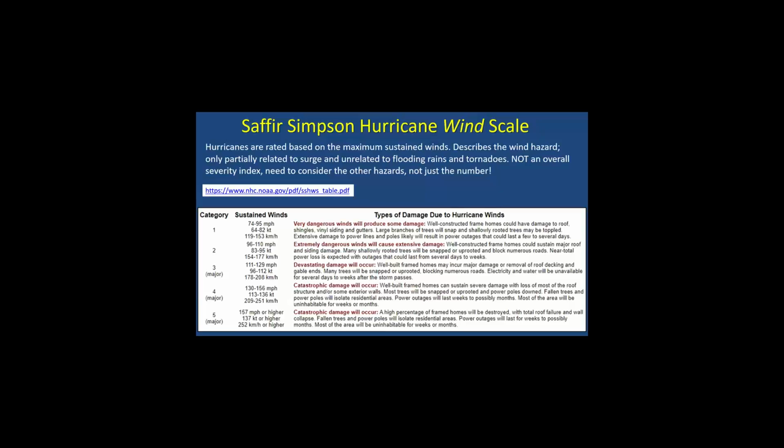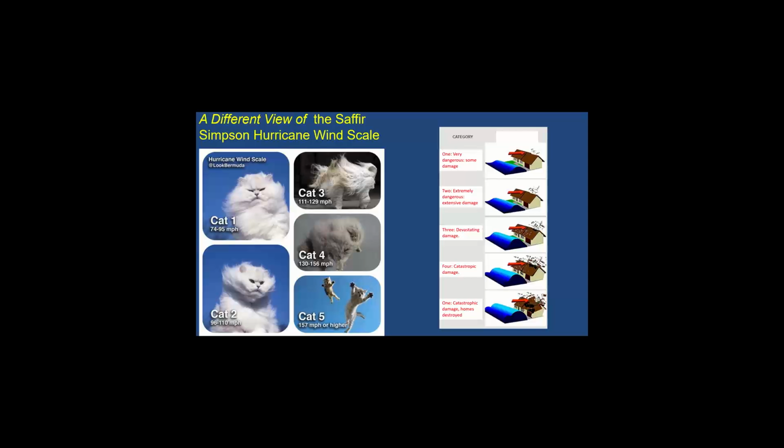So if you have a high category hurricane coming your way, then understand you could be looking at very significant winds, especially around the center. And those impacts are broken down by number in this table we have shown here and in this link as well. Another way to look at the Saffir-Simpson Hurricane Wind Scale, if the long table of text didn't help, you can see Cat 1 through Cat 5 there on the left-hand side, and then also the damage descriptors that go with each. So a Category 1 is going to